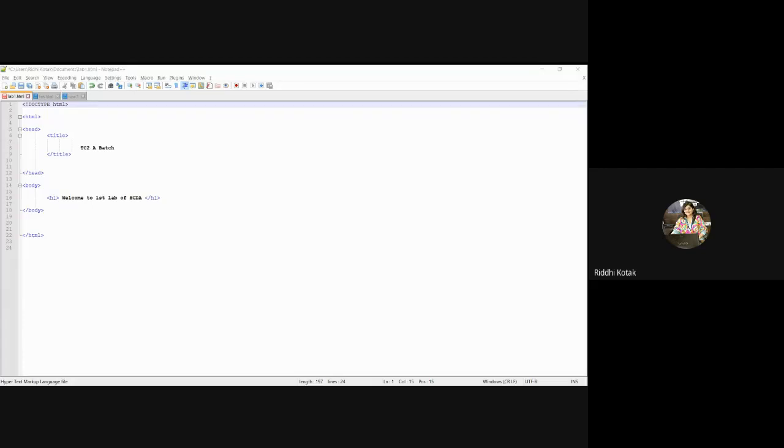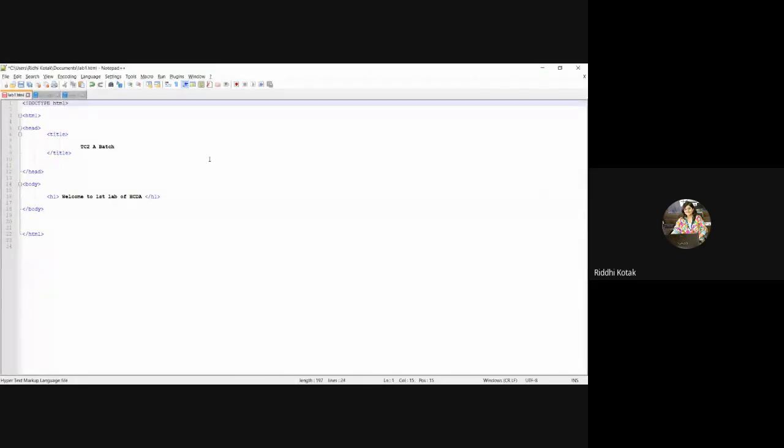So html, and after that slash html. Within the brackets, whatever you write, that slash will indicate to the system the ending of that tag. Okay, now we are generating an HTML document, so that is the reason I have given html and slash html over here.